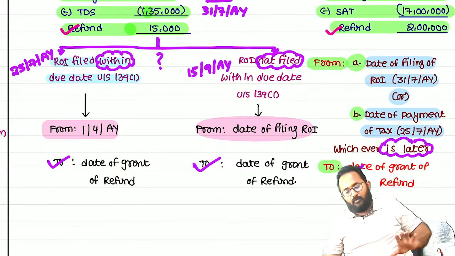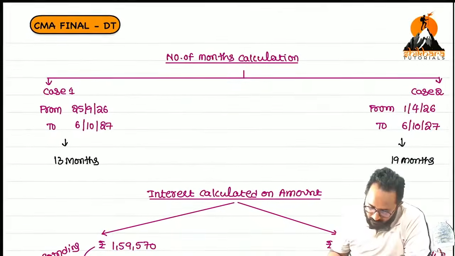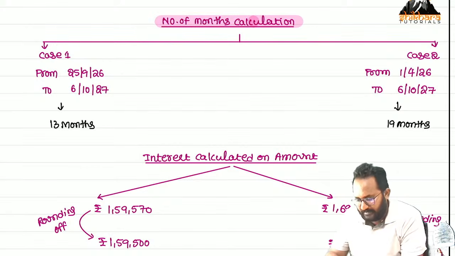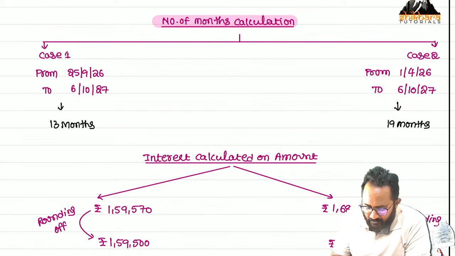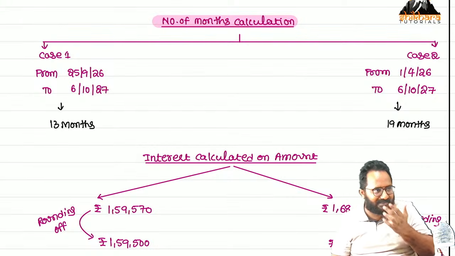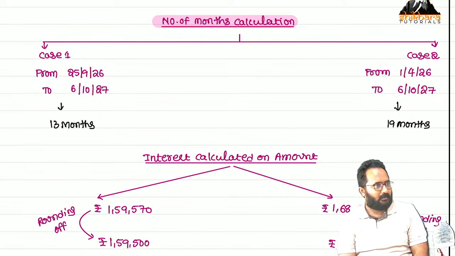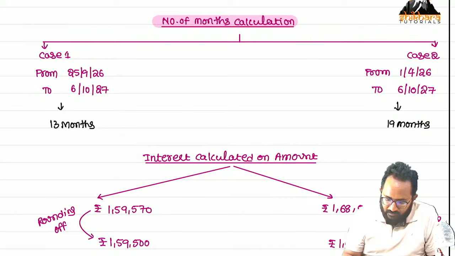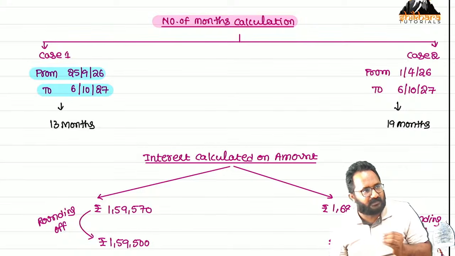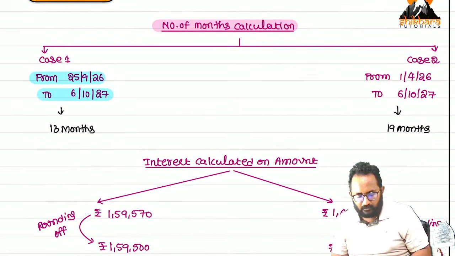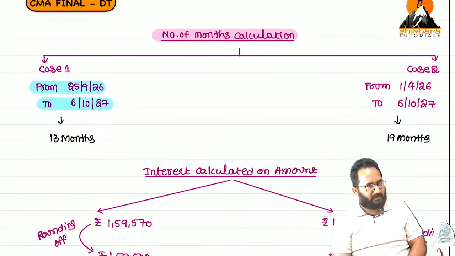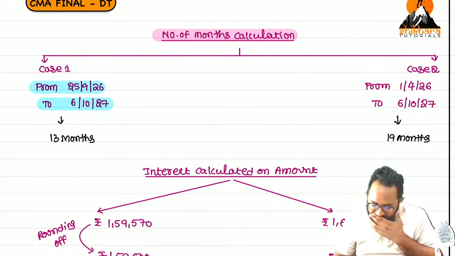Understood the period? Now we'll take the CA Final study time; always they will give the 2 dates. In between the 2 dates, if I am computing the number of months, always I will get a wrong answer. Listen. They have given the starting day and ending day. In between that, how many months can we get? Please compute and tell me how many months we can get. Part of the month is also considered as a full month.